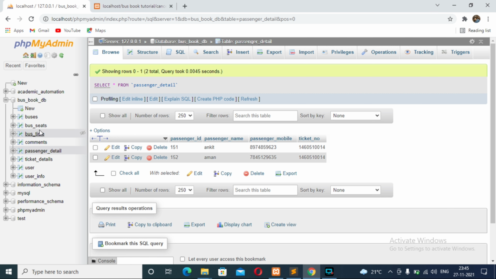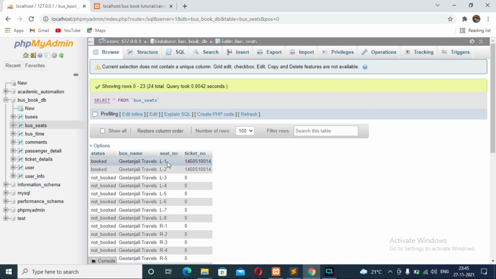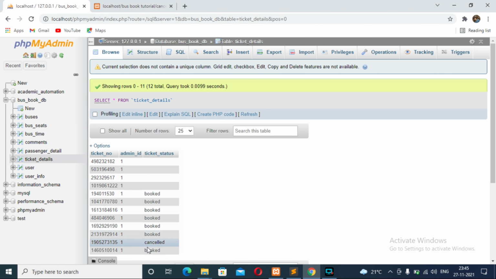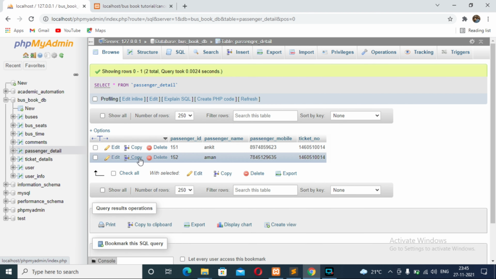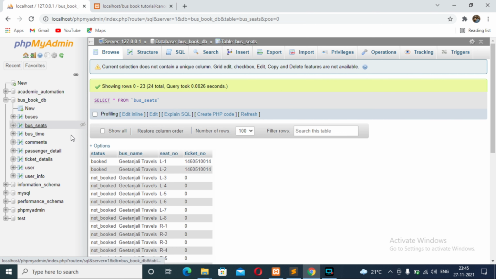This should also be in the bus seats table with the corresponding seat numbers that I have booked, L1 and L2, and status booked. Now in ticket details, you can see the ticket status is booked. When I cancel my ticket, here it should become cancelled and the passenger details will be deleted, and inside the bus seats table the status should change to not booked.